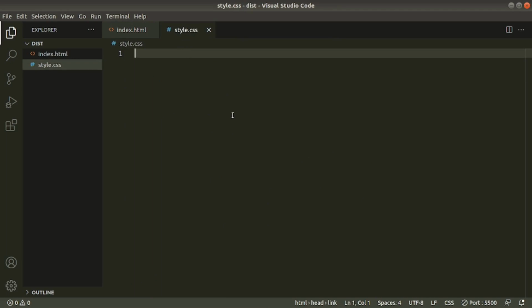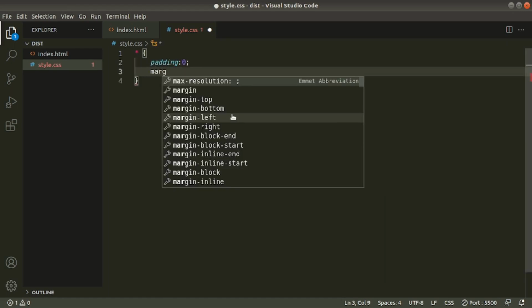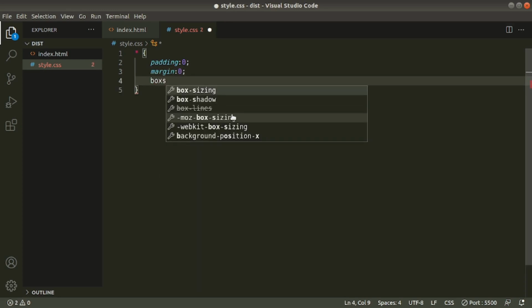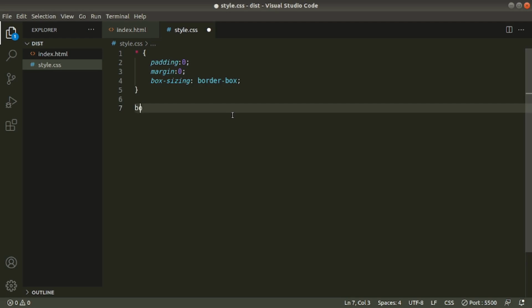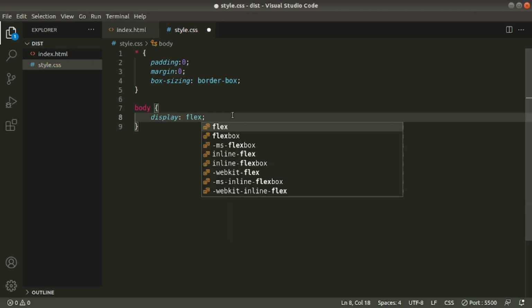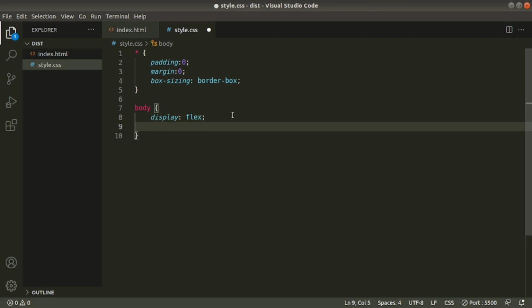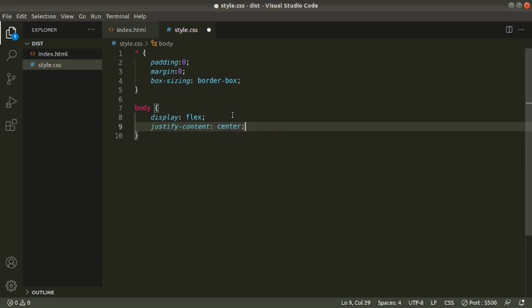First I'll give some basic styles. All elements we want padding 0, margin 0, box sizing, border box. Okay, now later we'll style our body tag. Inside this body tag we have our form, display, flex. We can easily center horizontally and vertically if we use flex. Okay, justify content, center, and align items,